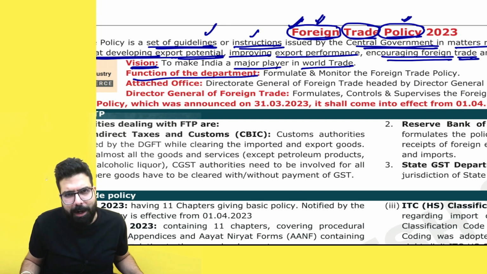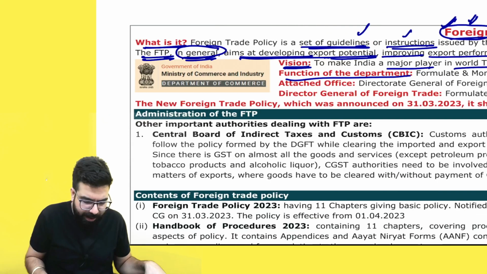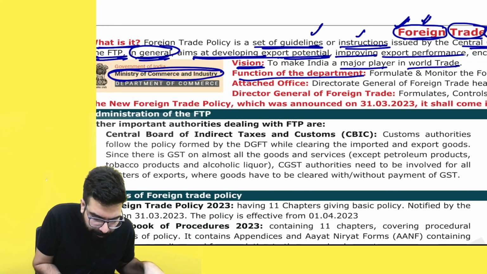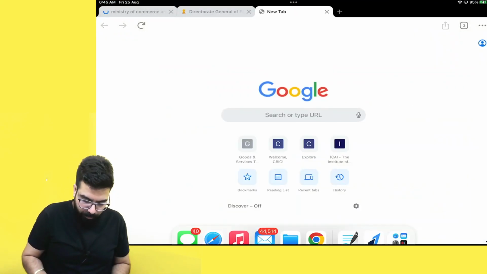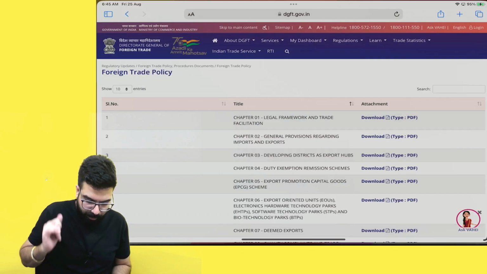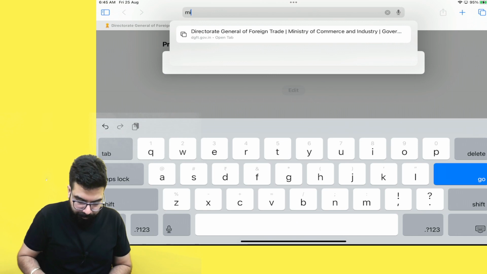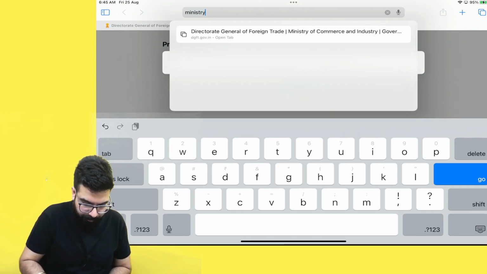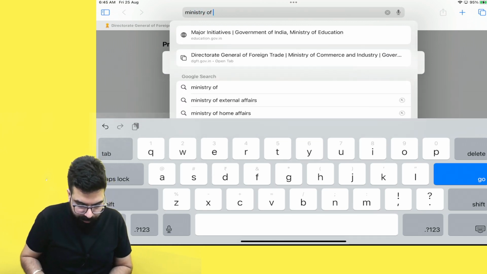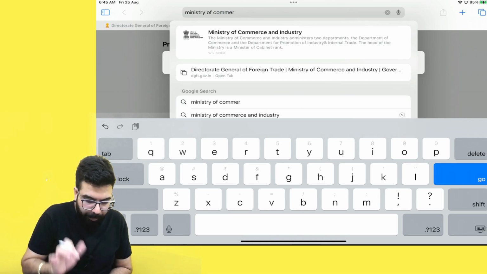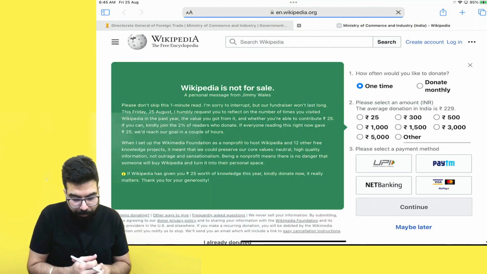The function of the department, basically Ministry of Commerce, which is there. Under the Ministry of Commerce, when you go to the Ministry of Commerce, no, see here. Not this website. This is not working. We'll go here. Ministry of Commerce. Baba, this Ministry of Commerce का website में if you go, अरे